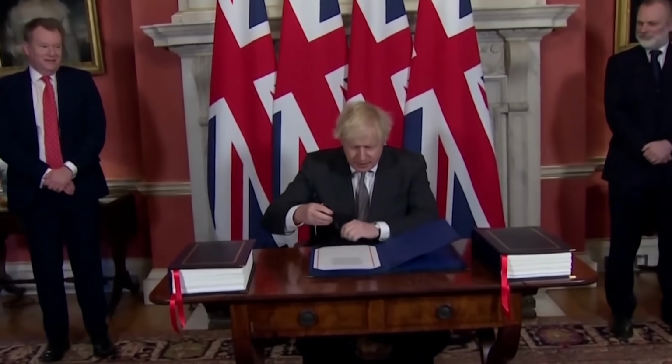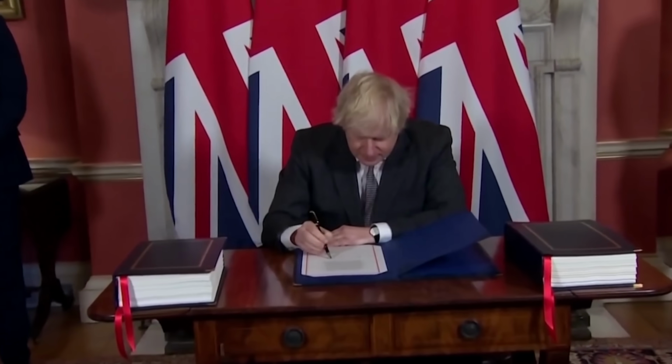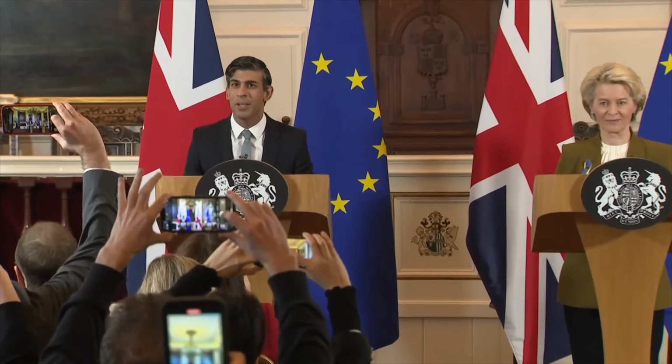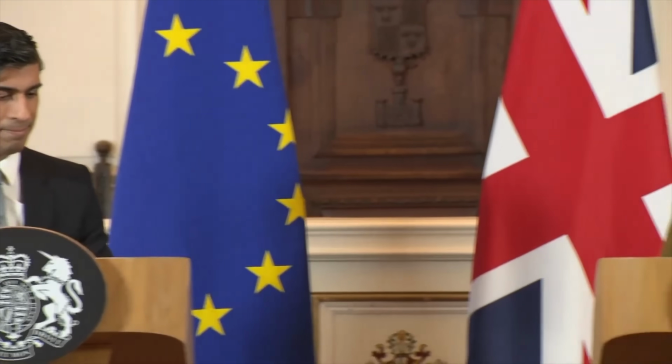Since he negotiated his much-touted Brexit deal in 2019, Boris Johnson and his successors have been trying to renegotiate the contentious Northern Ireland Protocol, but to no avail. That was until yesterday, when after months of guarded negotiations, Rishi Sunak finally unveiled his much-anticipated Northern Ireland Protocol deal